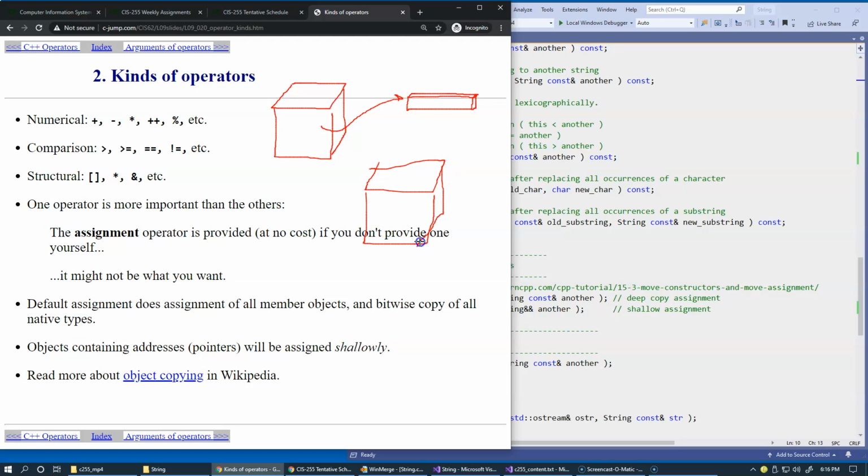The compiler will create code for assignment. If you don't provide assignment operator, it will just basically do an exact copy. Every bit that comes from this object will be replicated in this object. So everything contained right here will be also replicated over here by default. So this pointer that holds address of dynamically allocated memory, of course, will be replicated here as well. And so this is what's called a shallow copy,